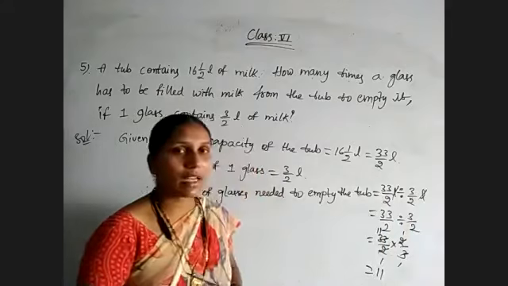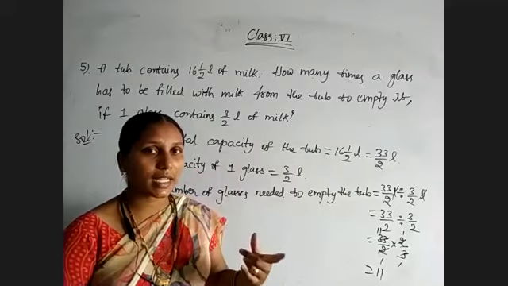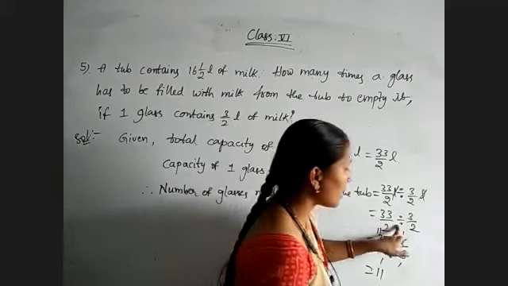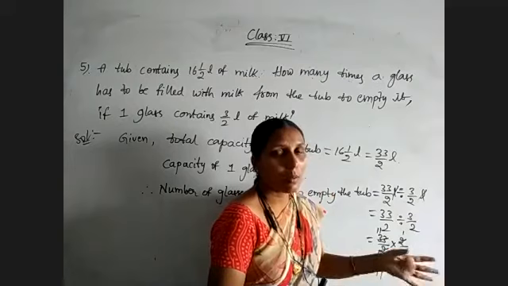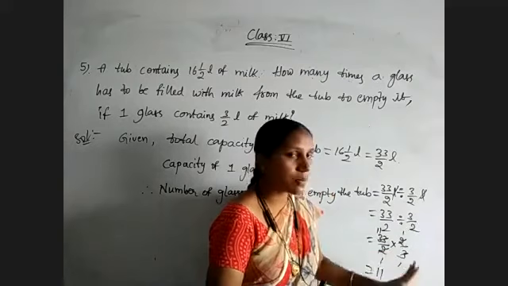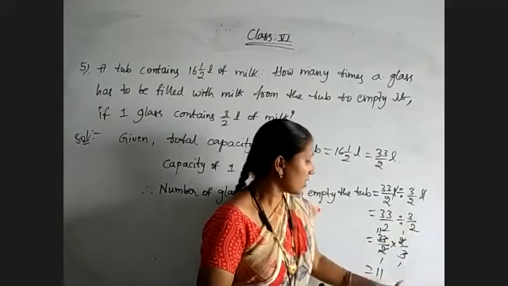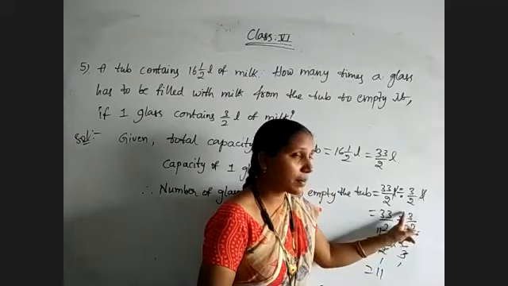While we are performing subtraction of integers, we change subtraction to addition by taking the additive inverse of the second value. Yes or no? Same here also. We need to convert division into multiplication by taking the multiplicative inverse of the fraction. Multiplicative inverse is nothing but the reciprocal. That is, the numerator becomes the denominator and the denominator becomes the numerator. If 3 by 2 is the fraction, you have to write it as 2 by 3 to convert division into multiplication.